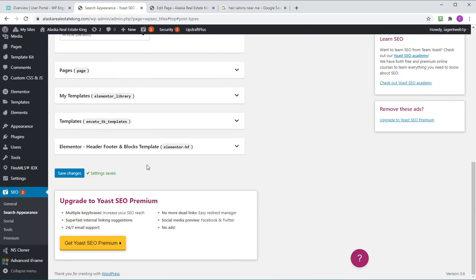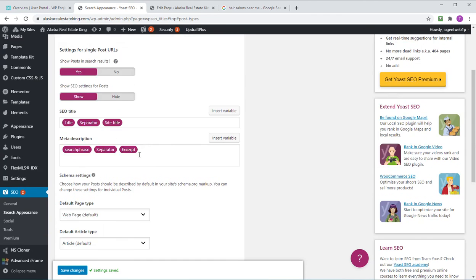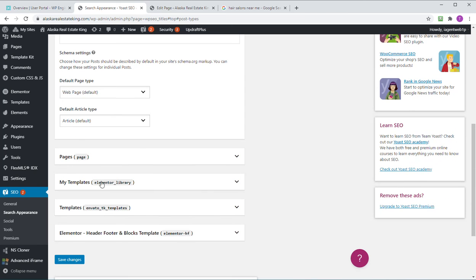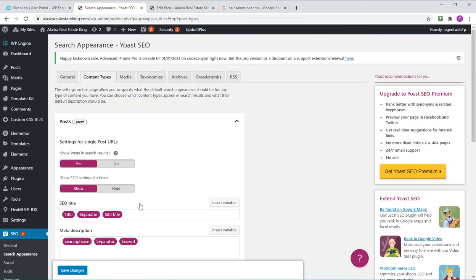Okay, so that takes care of all of posts and pages and removing the library templates out of the